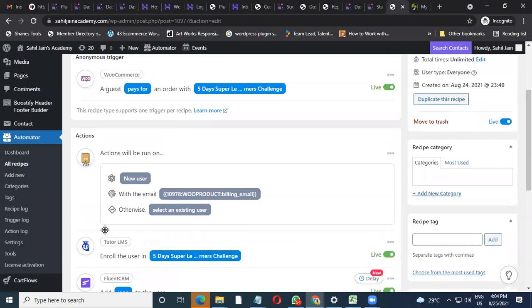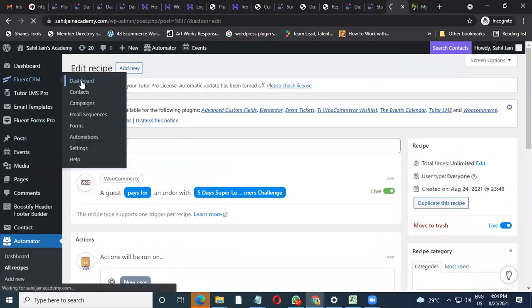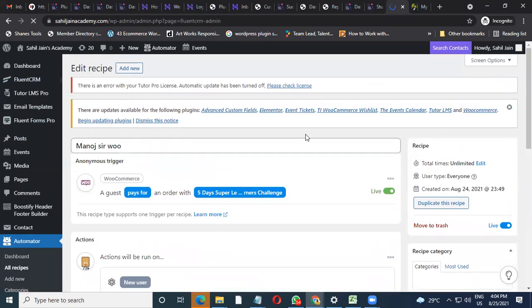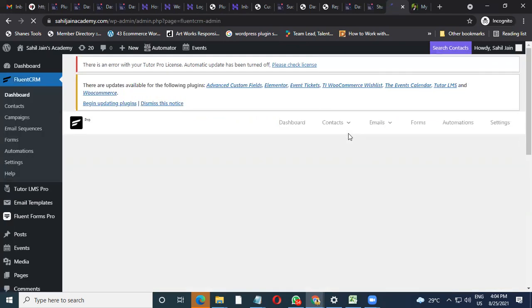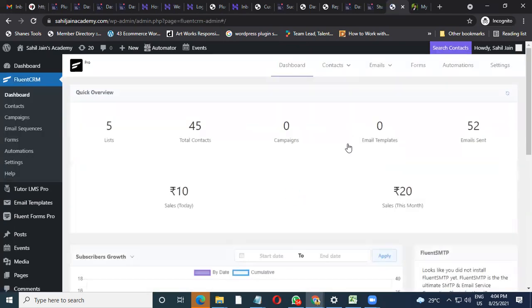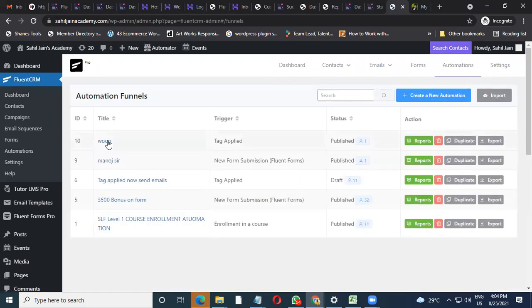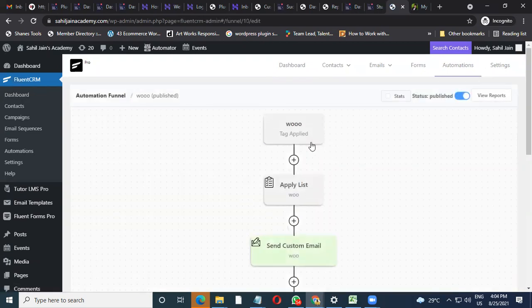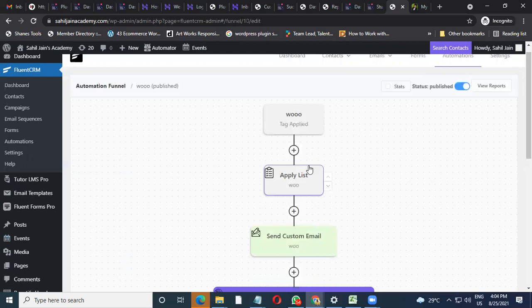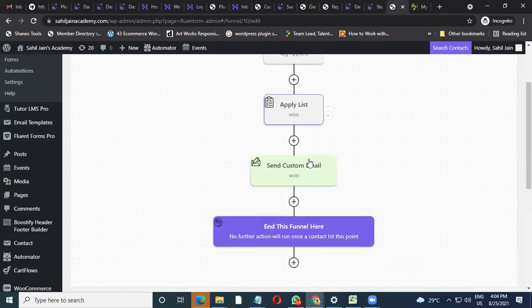The same way we added it up with Fluent CRM. In Fluent CRM, we have created an automation over here, a simple automation. Until we have a hands-on, it will take some time to know. We created an automation named Woo, saying that if someone gets a tag, and this tag is applied via Automata, we want to push them to this particular list. And from there, we are sending them a customized email.